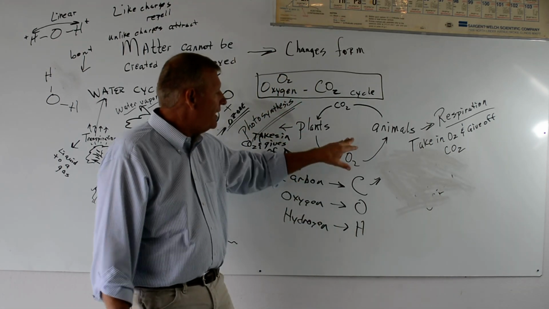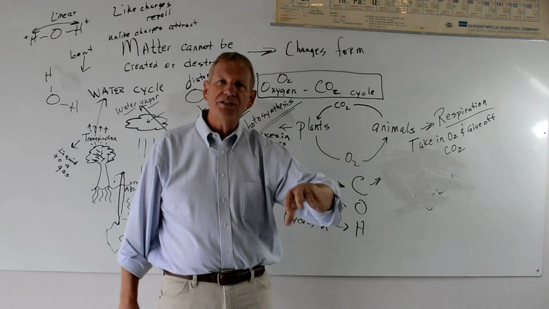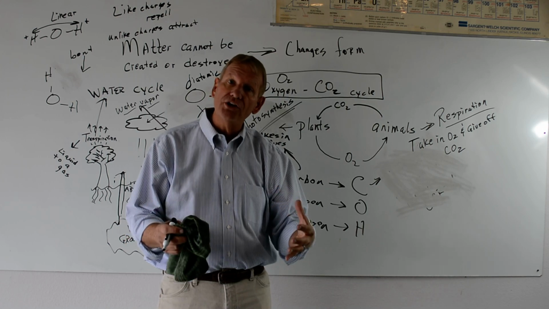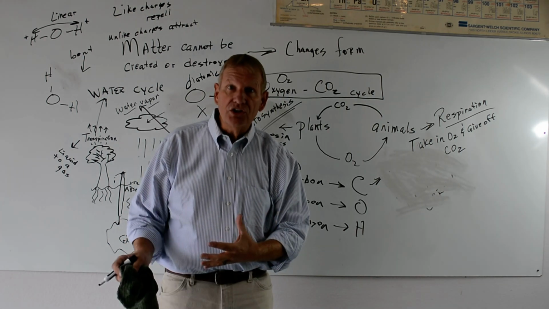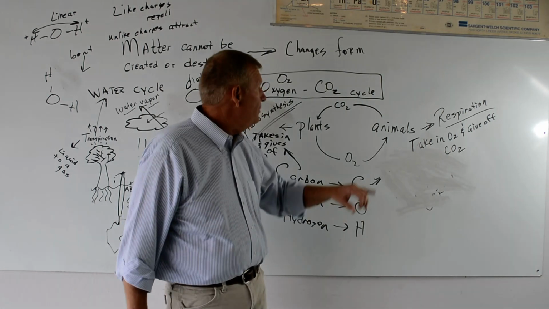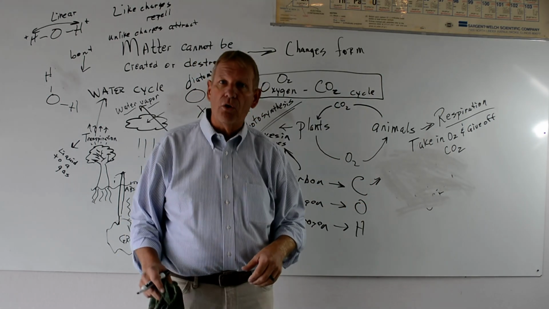But if you had just the right combination of plants and animals, which is what we try to have here on Earth, that's what we have to watch. Or we're going to take out too many trees and we won't have enough oxygen. We're going to talk about some more of that in the next video when we talk about the carbon cycle.